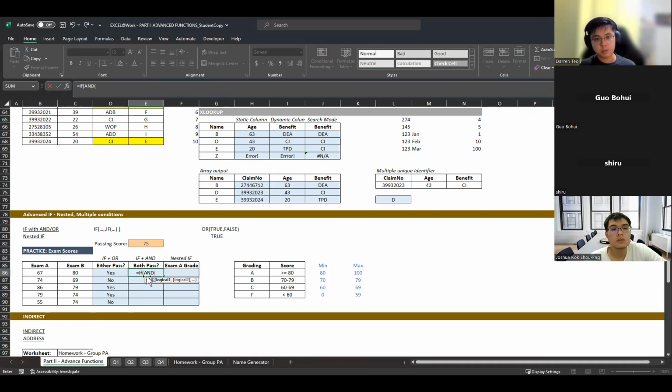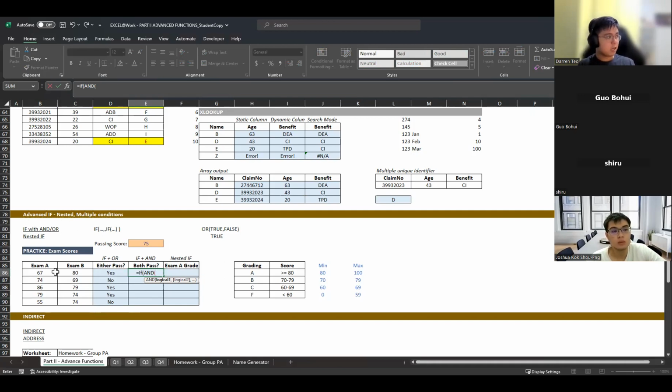As long as one of them is false, it gives me an overall false. You remember that Irvan went through this previously: if there's a false and a true, it will still give me false. The only way AND gives you a true is if all conditions are true.